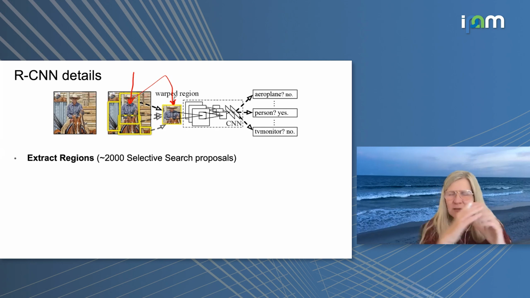So this resizing was, however, quite awkward because you can have a region in the image which corresponds to a cowboy, and it is kind of a long and narrow bounding box. But if you want to pass it to a deep convolutional neural network, the structure of the network requires a particular size of the image, and everything has to be resized to the same size, right? So you introduce various warping artifacts in order to be able to use the classification pipeline for